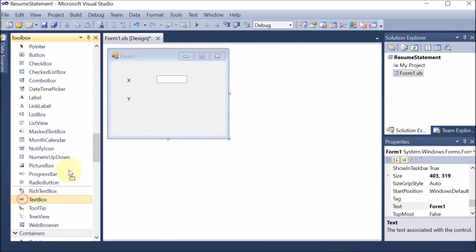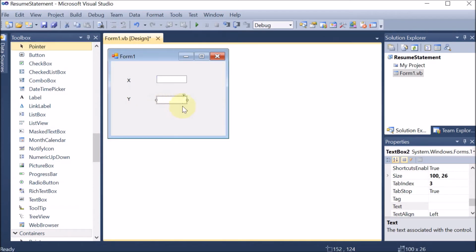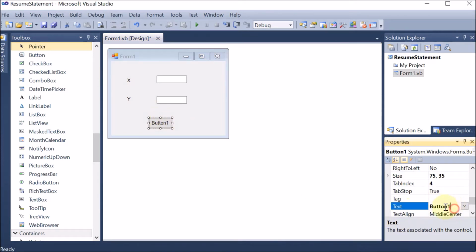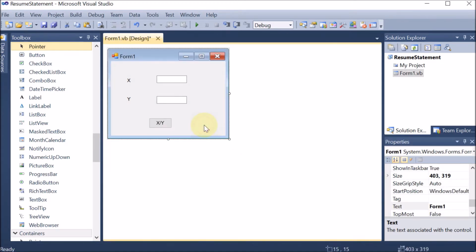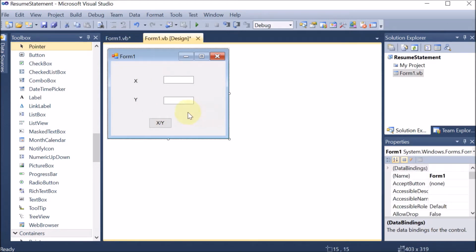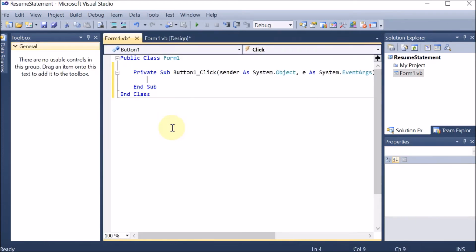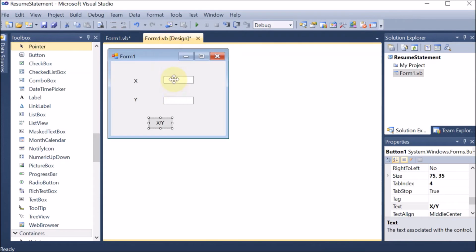Now this Y value again we want from the user, so we are dragging and dropping one text box. We want that a button should be required. Now if I click on this button, the divide of X and Y should come. So I am putting the name of the button here, that is X divided by Y. So this is the name of the button. Whenever I click on this button, their division should come. Now afterward, we are going and clicking on the button. Now here we want that whenever we click on the button, from X and Y, these values should be taken and they should be coming as the division.